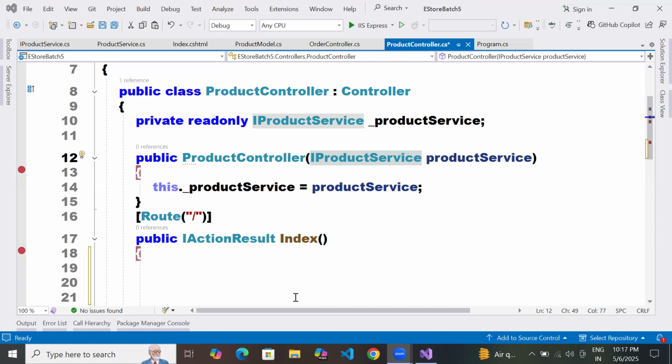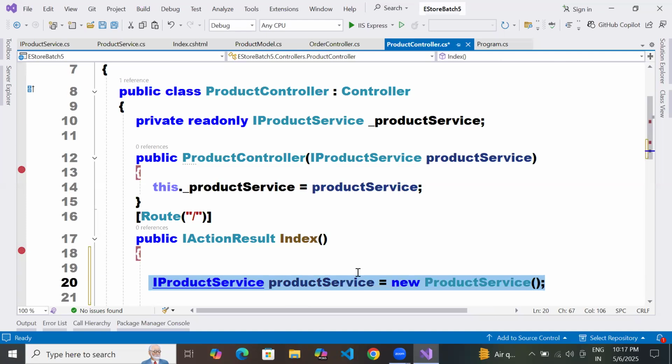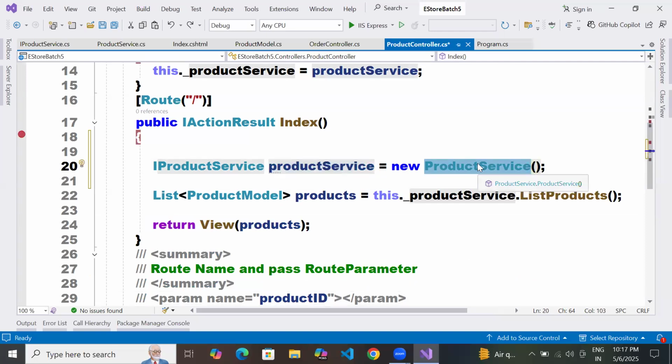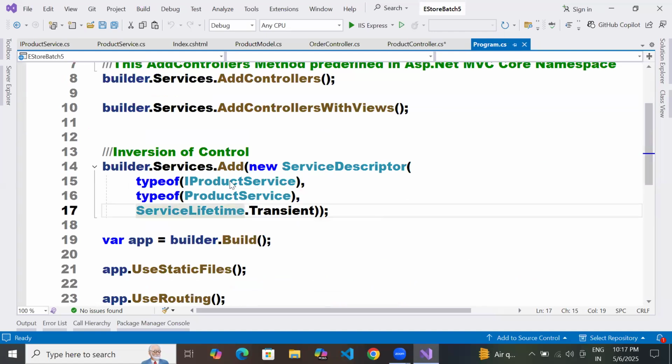That is how you have to create it, right? How are you creating the object here? What is the line of code? IProductService, which class are you creating the object for? ProductService. That is why it is implemented like this, right?